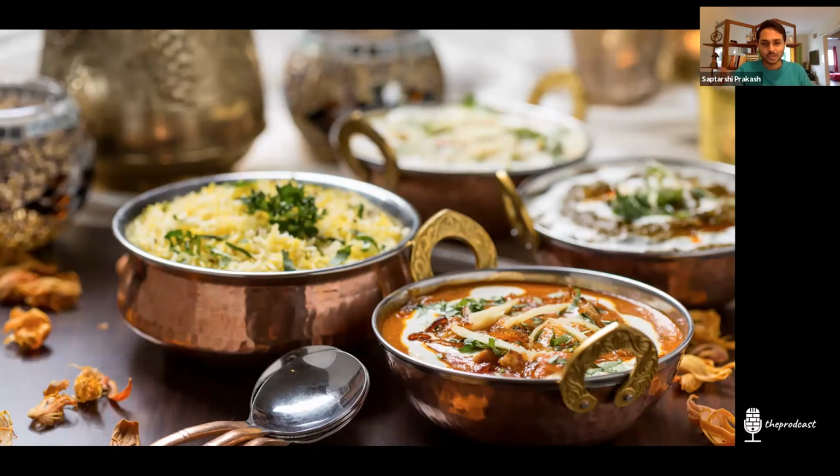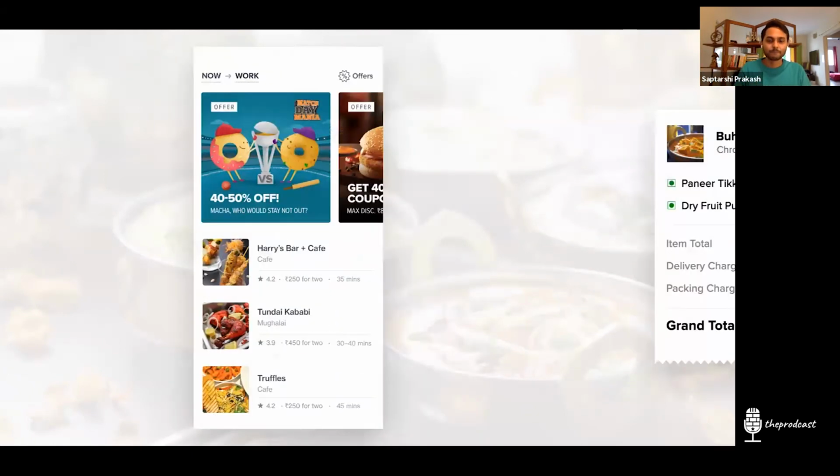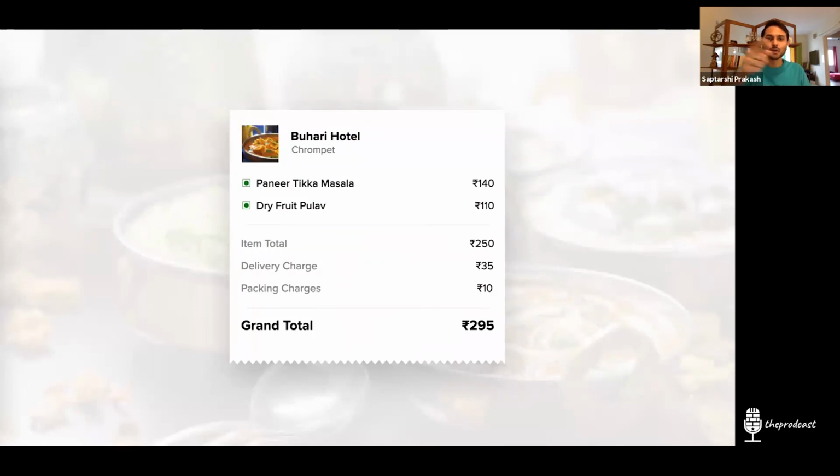And this is how the Swiggy app looks like. We sell food like that. So the normal flow is, you pick up a restaurant, because it's always driven by restaurant. You pick a restaurant and then you pick items. And then once you do, your bill kind of looks like this. Maybe say you have 2 items and they have certain prices, 140, 110, there's an item total. Then there are delivery charges, because we are delivering the food for you. And also people like me need to keep getting paid.